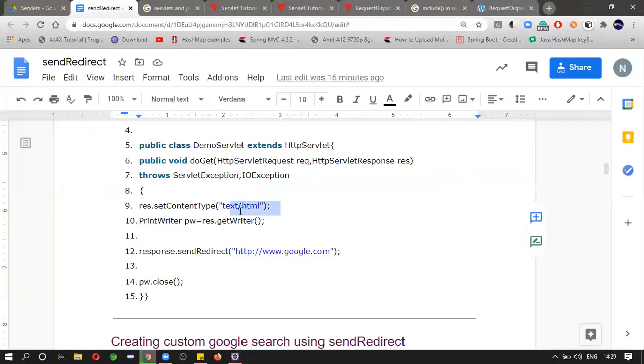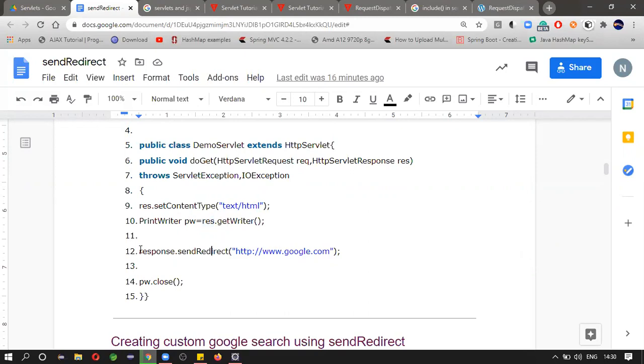Later, PrintWriter pw equals response dot getWriter. In order to write something onto the console, first you need to have a way. So getWriter will return a PrintWriter object. This PrintWriter object can hold all the data. If you observe this code, you are creating the PrintWriter object by using the response. So everything will be recorded in the response. Simply, it is available in the response, and that response will be given back to the client.